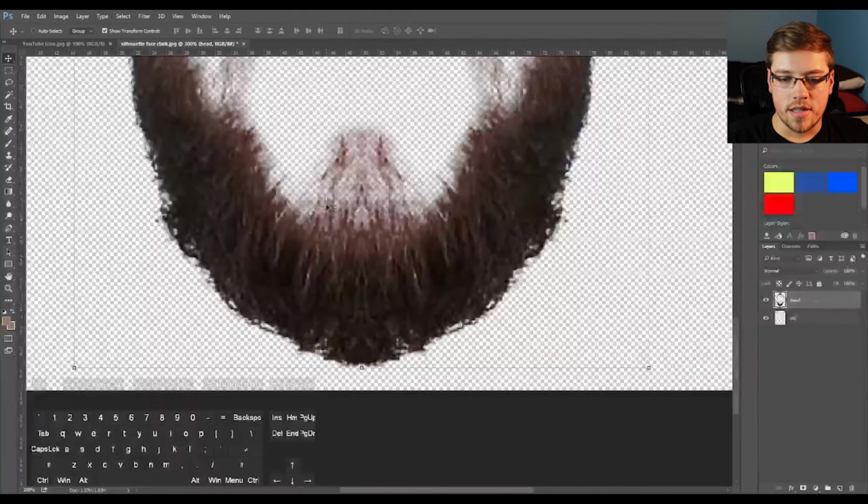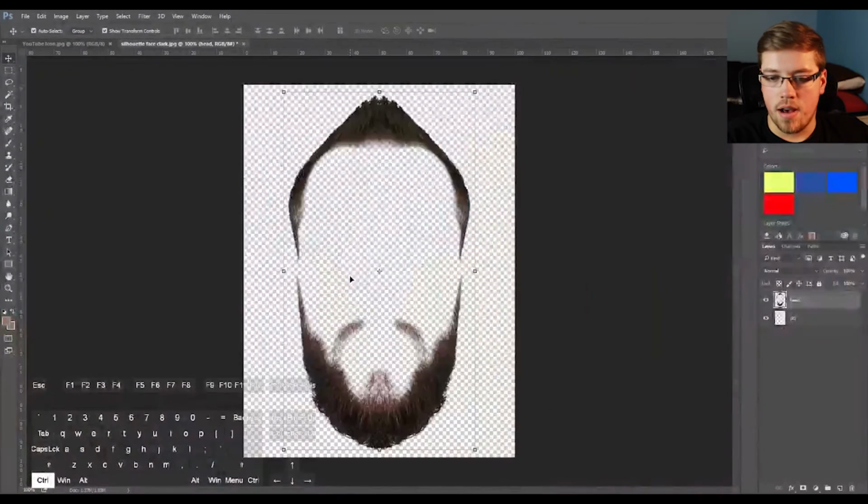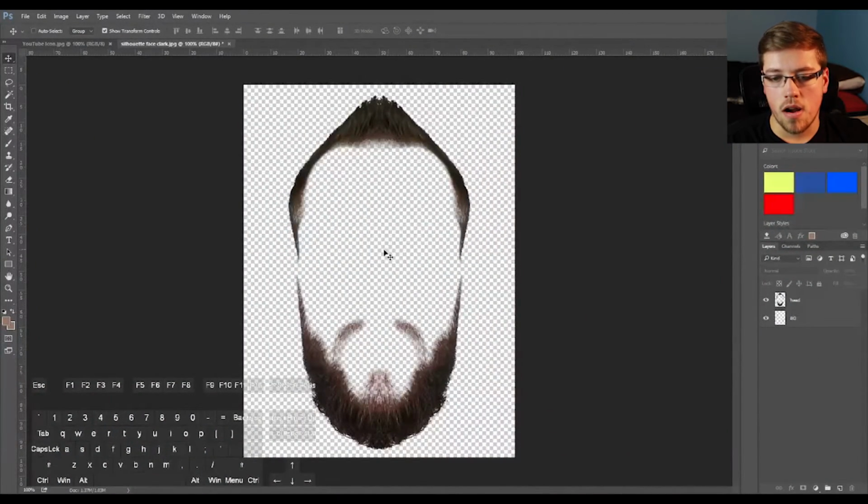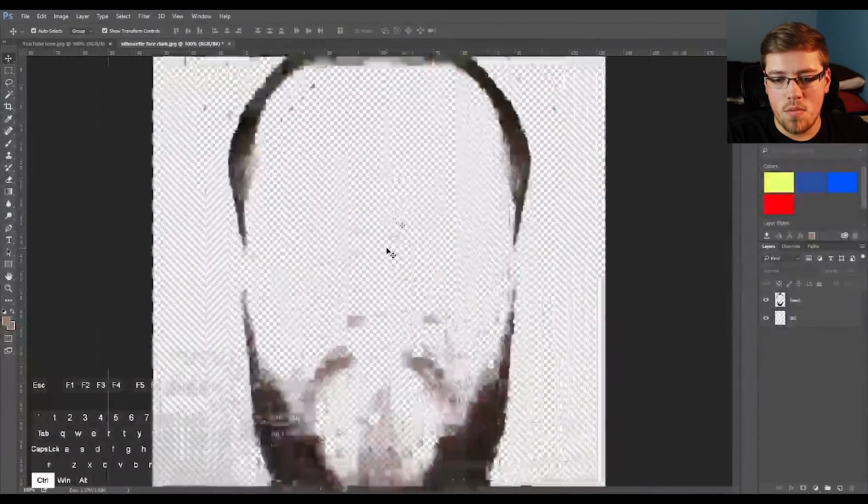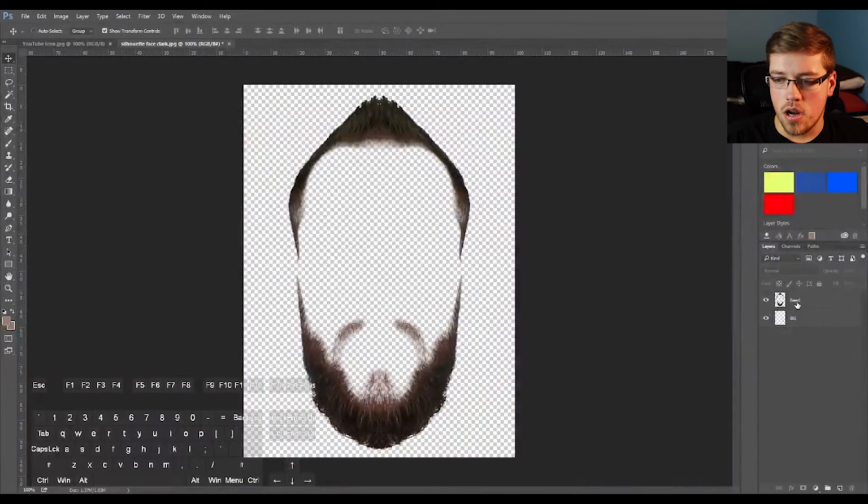So we're going to go back into this, and I'm just going to zoom out. So this is what we've got. This is it so far. Now, this is going to be a really long tutorial. I apologize. I'm going to try to keep this as quick as possible, but this is a complicated process. So what we're going to do now is, over here, select our layer, and we're going to hold